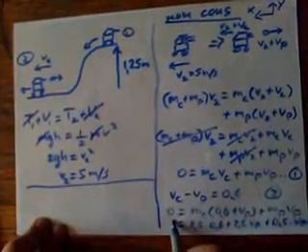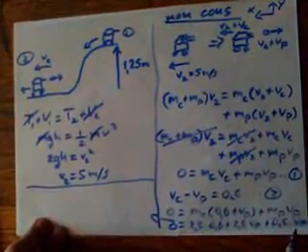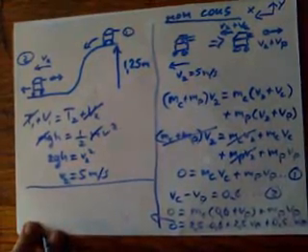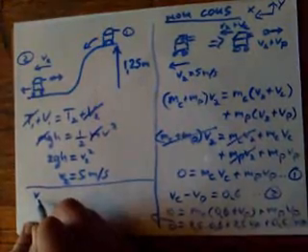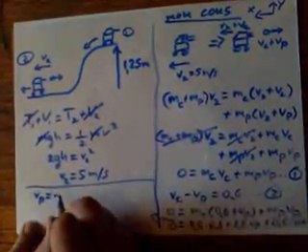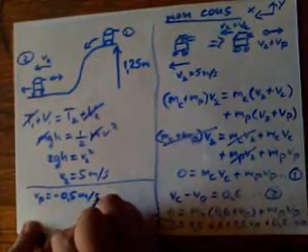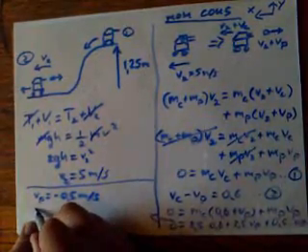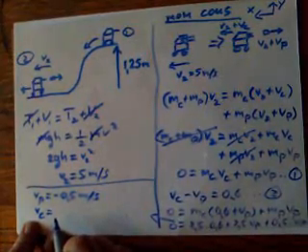Solving for this equation will very easily yield us the fact that VP is equal to minus 0.5 meters per second, and then resubstituting it into this equation gives us that the cart velocity is going to be equal to